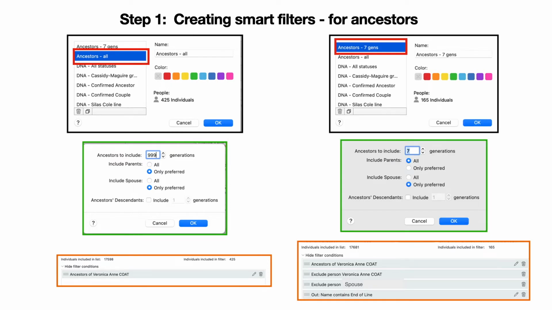But when you do the 7 ancestor filter, so I've called it there's 7 ancestors, and you can see in that green box with the grey, I've limited the ancestors to 7. I've had to take a few people out in my filter rules, you can see down the bottom in the orange square, to actually get the numbers to work right. And you'll find that if you haven't got spouses correctly assigned in Family Tree Maker, you might not get the right number the first time you do it, but once you work that out, so in this case I had to take out myself, had to take out my husband,